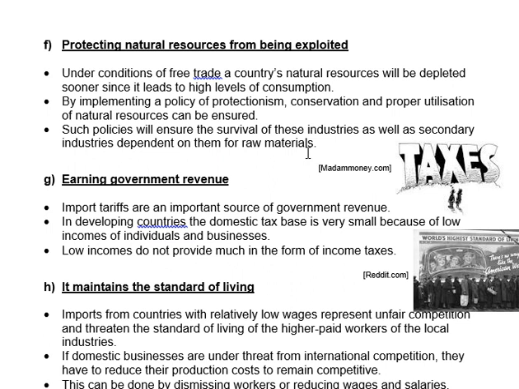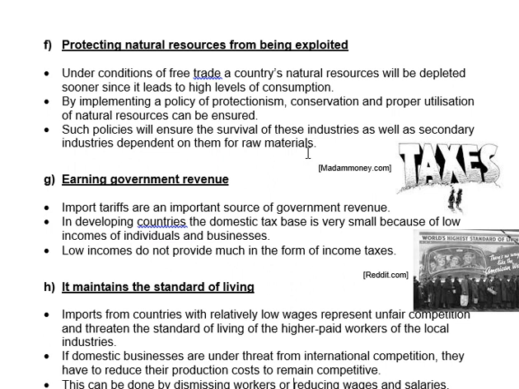But when we use a policy of protectionism and conservation, we can make sure that our natural resources are not overexploited and that we can ensure their sustainable use. Now, we want to use our natural resources sustainably. All right. So when we use these policies, we want to obviously look after our primary sector industries,